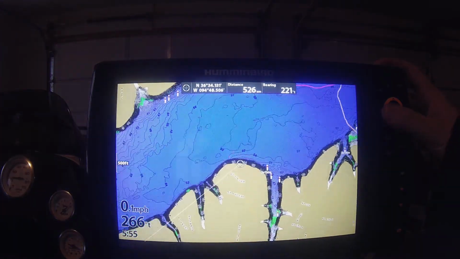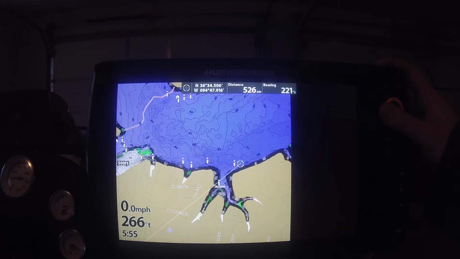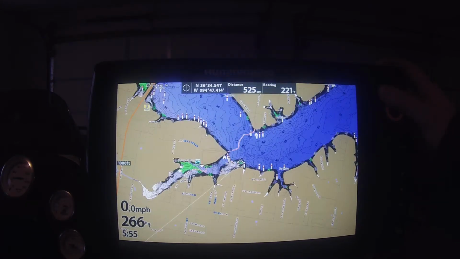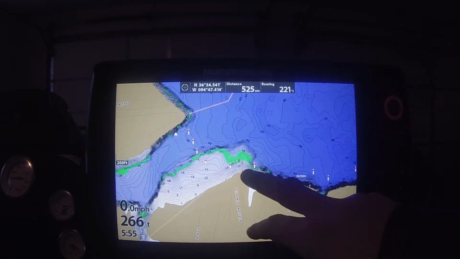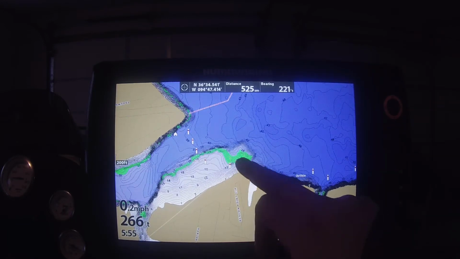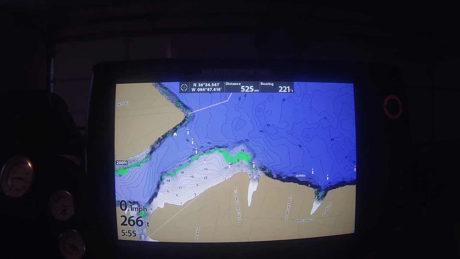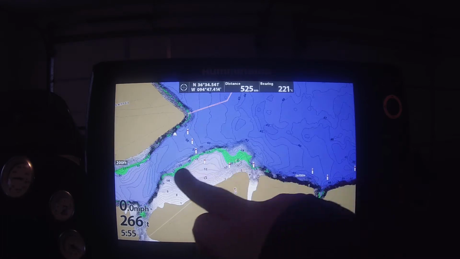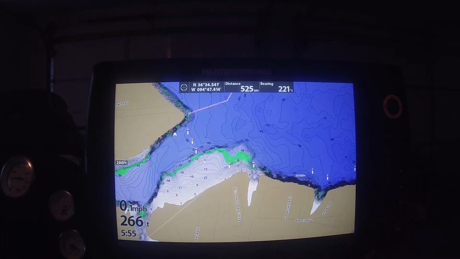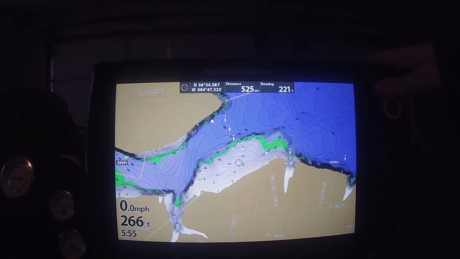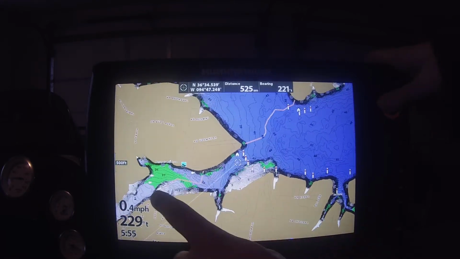That's one of your first major flats right there going into the back of a spawning pocket. That's something I would 100% take some time and really graph through this area to see if I could find some shell bars, some brush piles, some rock piles, something out here on this flat that I think would be really, really an awesome pre-spawn area for those fish to stage on before they push back into this pocket and